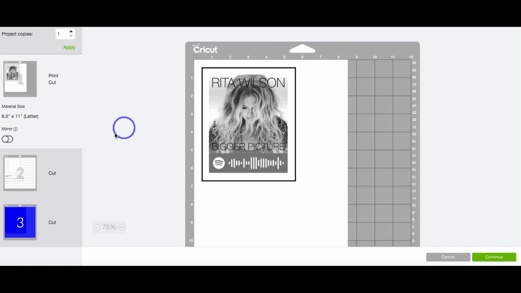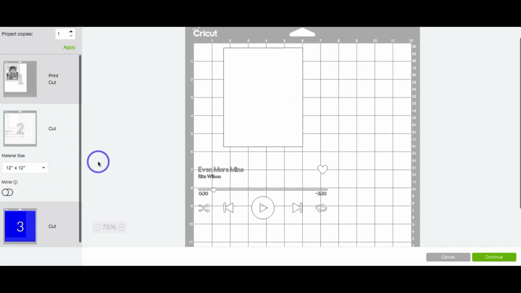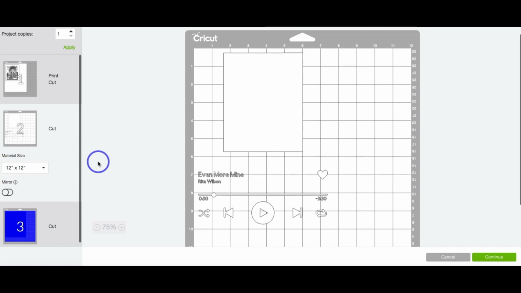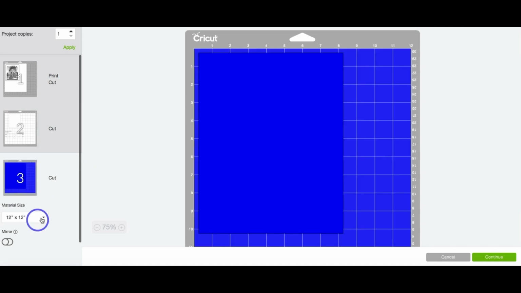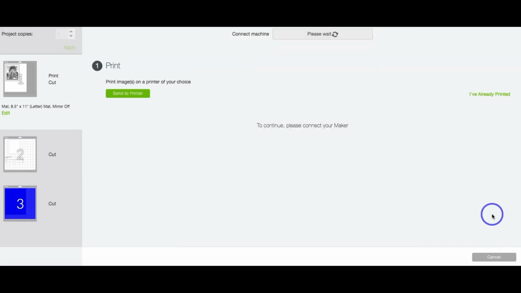and you can see the print then cut image, all of our player buttons and text, and then this is the background piece of cardstock. Hit the green Continue button, and then you can hit the green button here that says to send to printer to print out your print